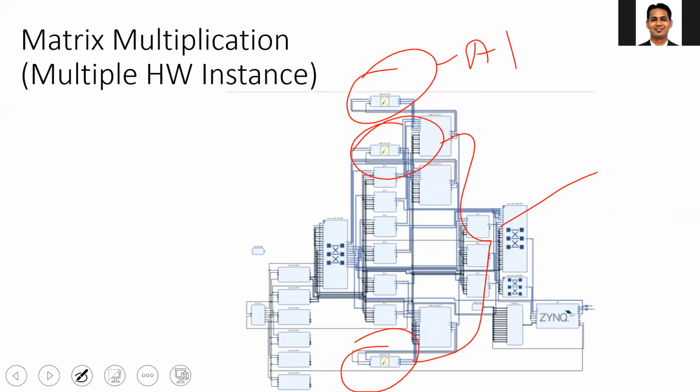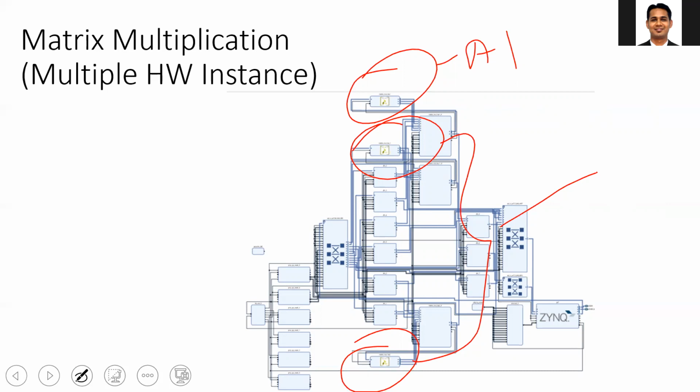Okay. So this is the way you can create multiple IPs to perform the same task, and you can do further parallelization. First time we did the parallelization inside the matrix multiplication, then we are doing the parallelization outside the matrix multiplication using multiple IPs of the matrix multiplication, which will need further higher resources, but you can get a significant improvement in the acceleration time. If you want to know what is the acceleration time of these IPs or these 3 units, you should check my next video when I test these IPs on the hardware.